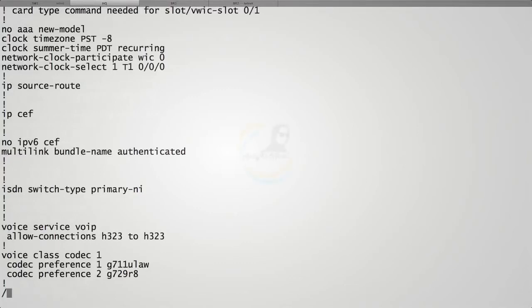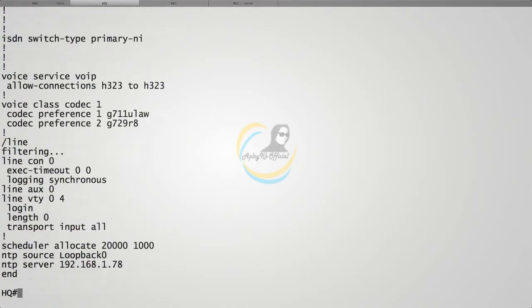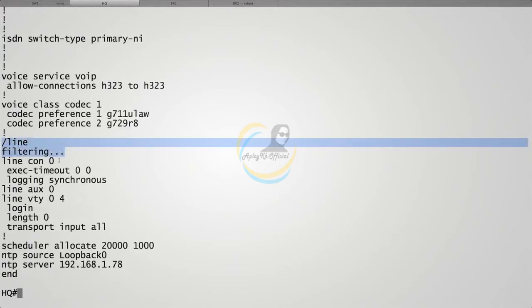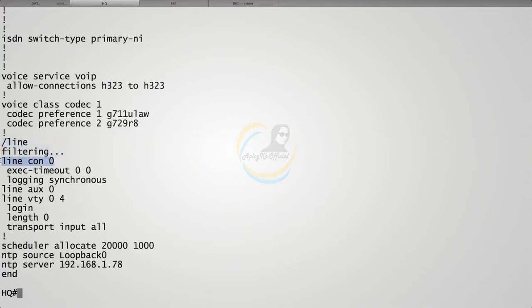Instead of pressing enter, instead of pressing the spacebar, I pressed the / key. That's the one under the question mark. And I'm going to type in the string that I'm looking for. I'm looking for the word line. Now I'm going to press enter, and look at this. From within the midst of my running config, it jumps me immediately. It says it's filtering, and it jumps me immediately down to the first instance of the word line in the